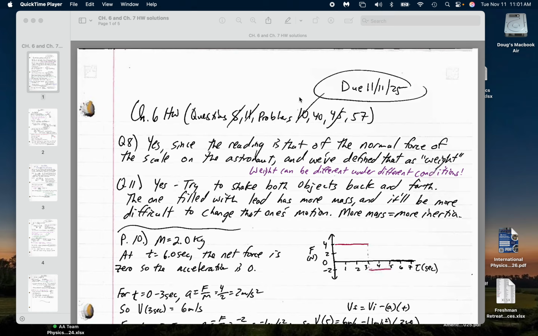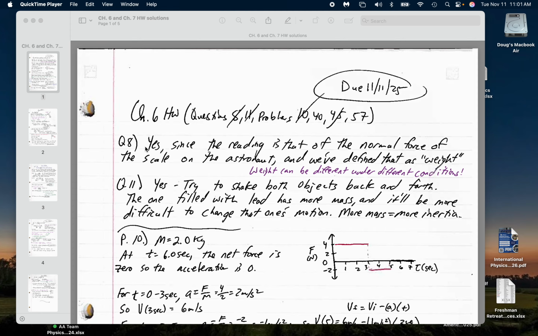Homework solutions to the Chapter 6 homework, which had some questions and problems, and the Chapter 7 homework, which had some questions and problems. Chapter 6 was due on Veterans Day. Chapter 7 was due on the 13th. We ended up just going over all of them on the 13th. At any rate,